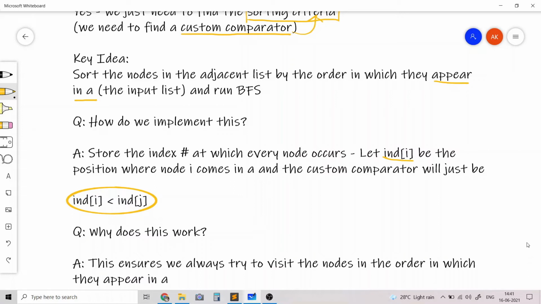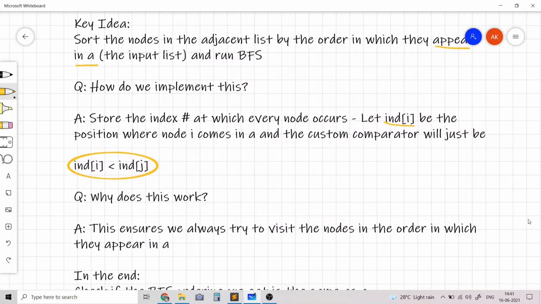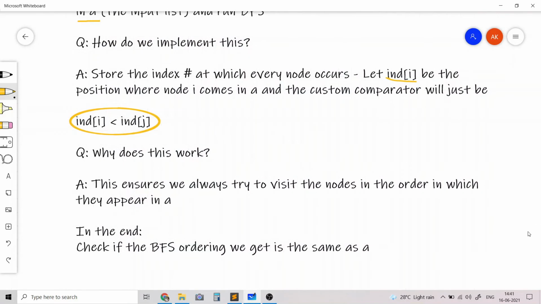That's exactly what we are doing. So in the end, after we find the BFS ordering, we just need to check if the BFS ordering is the same as A.